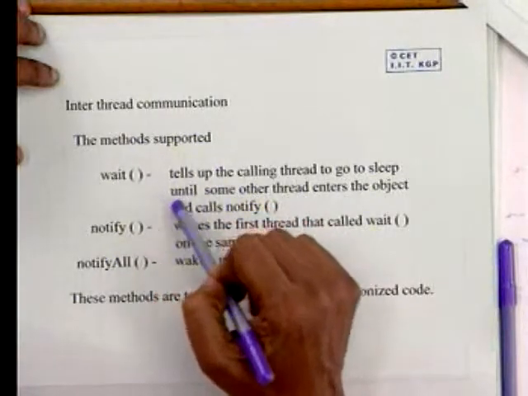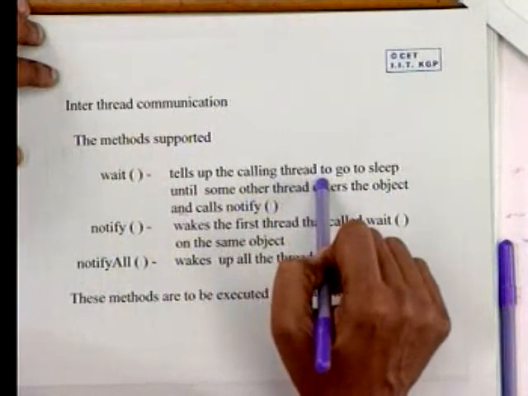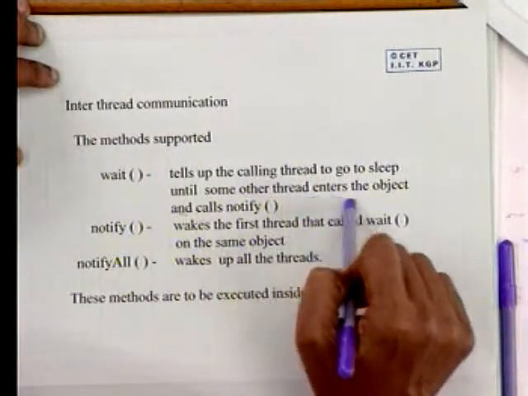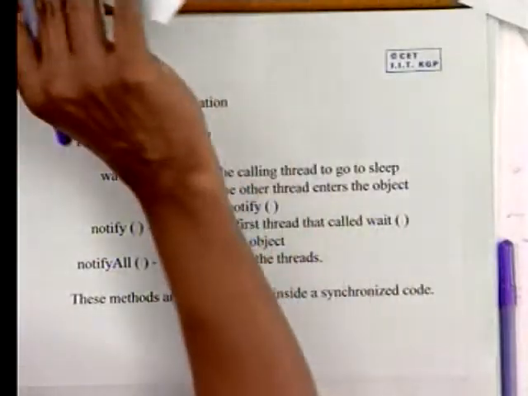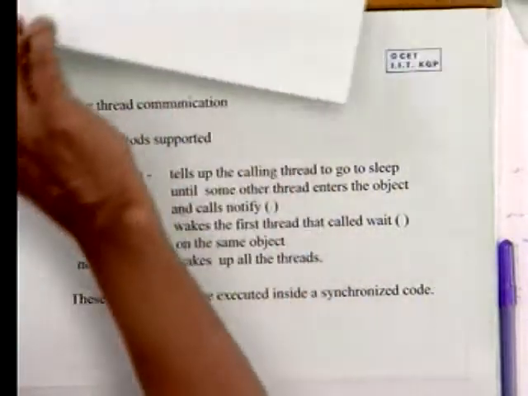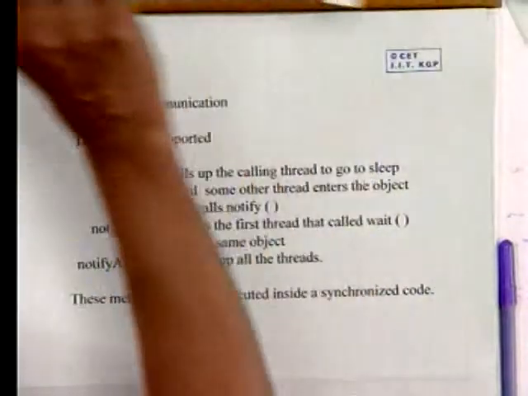So besides the concept of synchronization, the inter-thread communication in Java, as we have seen in the example. The methods supported are wait, which tells the calling thread to go to sleep until another thread enters the object and calls notify. For example, if you look at this code